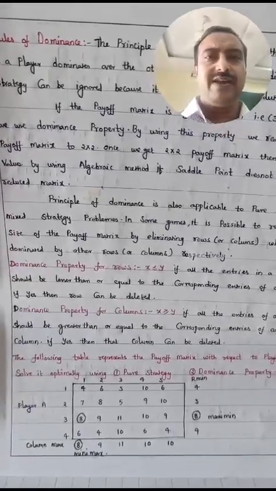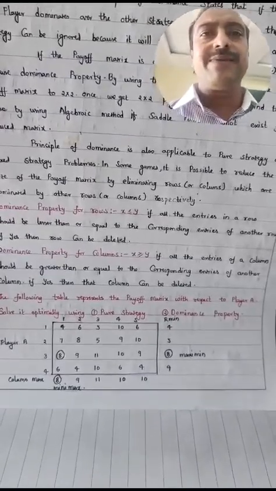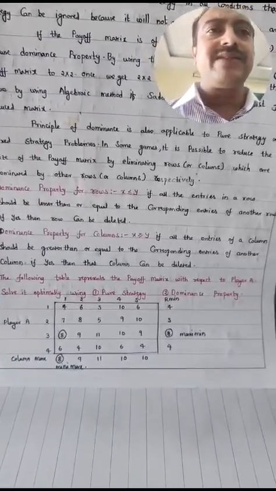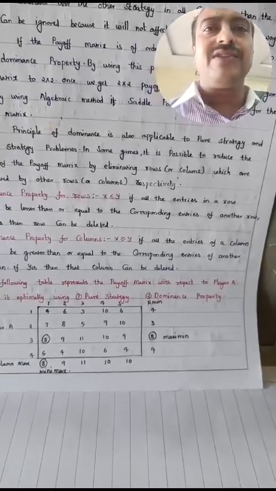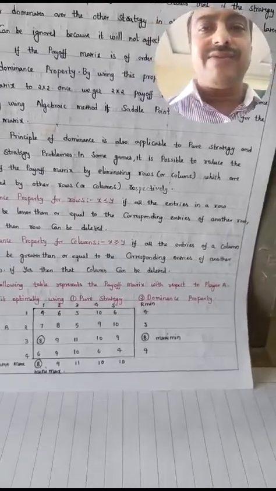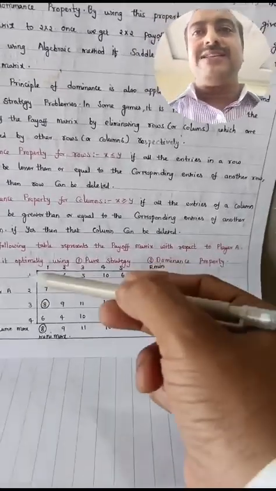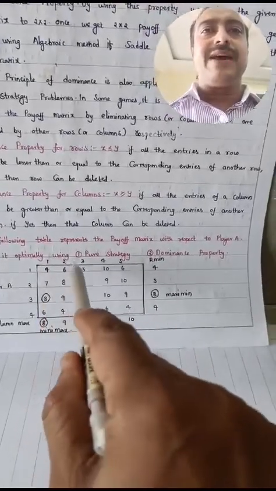In game theory, the rule of dominance is taken. The following table represents the payoff matrix with respect to player A. Solve it optimally using pure strategy and the dominance property. Here, if we observe the strategies for player A, there are 4 strategies, and for player B, there are 5